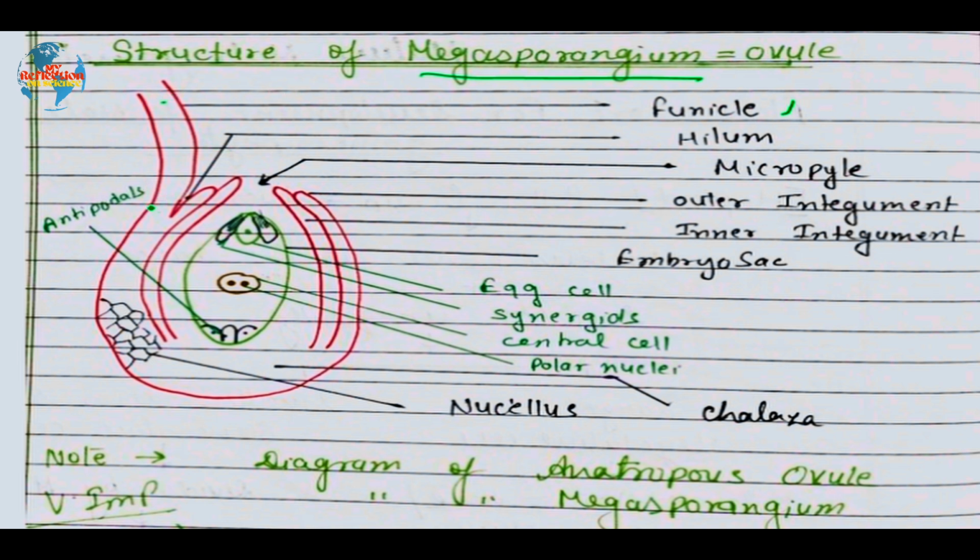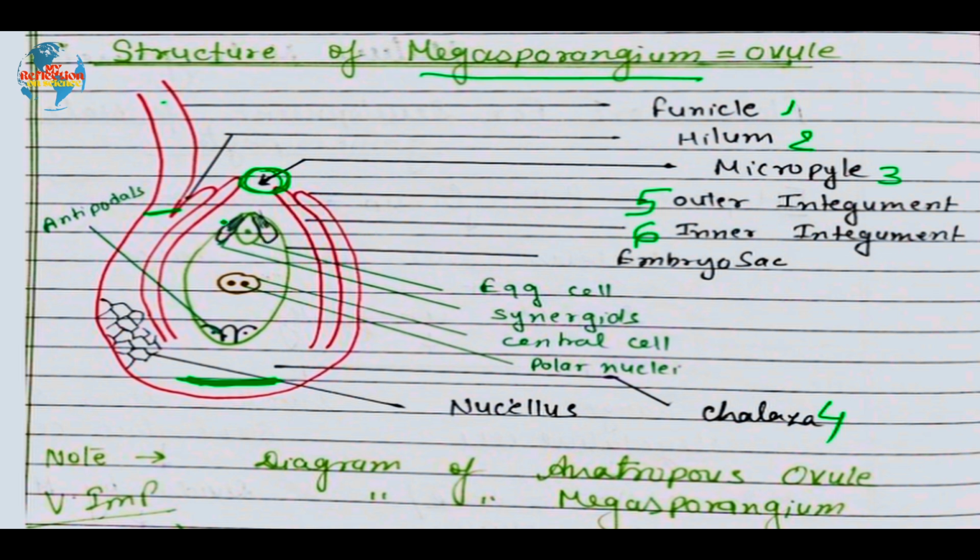Second, the point of connection between the body of the ovule and the funicle is called hilum. The opening, the pore-like structure, is called micropyle, through which usually the pollen tube enters inside. The close end of the ovule, the head of the ovule, is called chalaza. Now, each ovule is covered with two integuments. In case of an anatropous ovule, the outer covering is called outer integument, whereas the inner covering is called inner integument. It is just a protective structure.